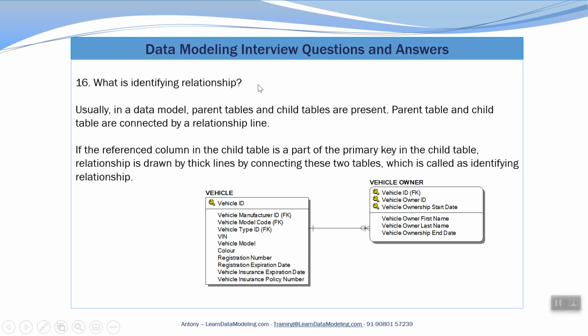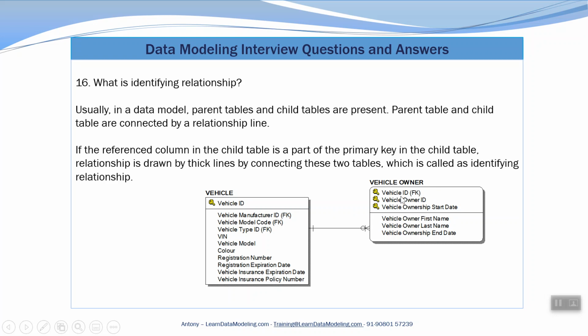What is an identifying relationship? In a data model, parent tables and child tables are present. This is a parent table and this is a child table. Parent table and child table are connected by a relationship line. So these two tables are connected by a relationship line. This is a referenced column, vehicle ID. So you can see vehicle ID here,